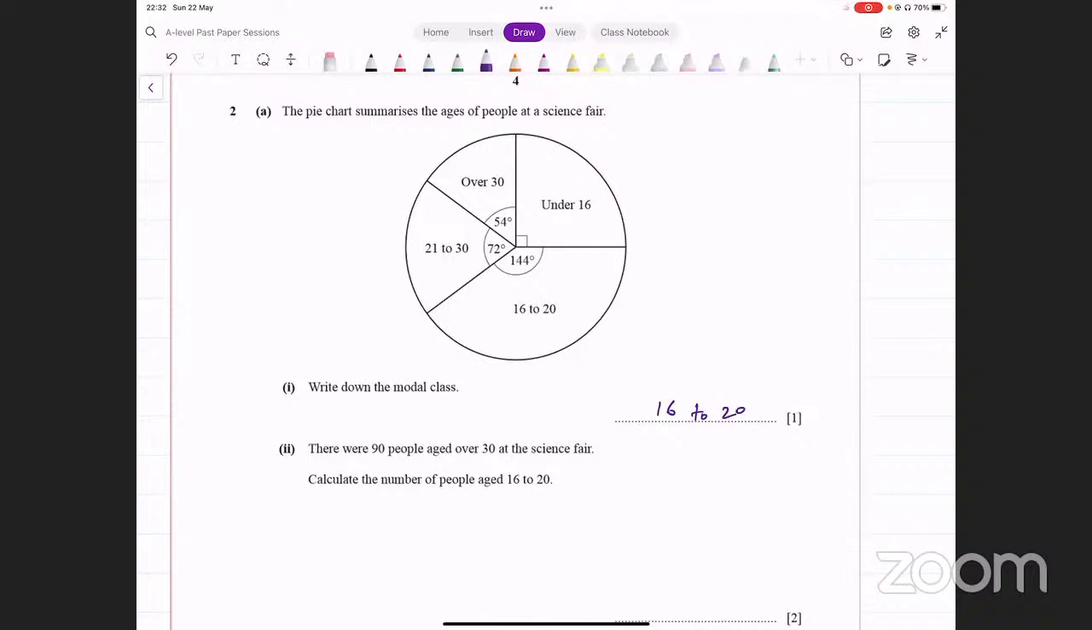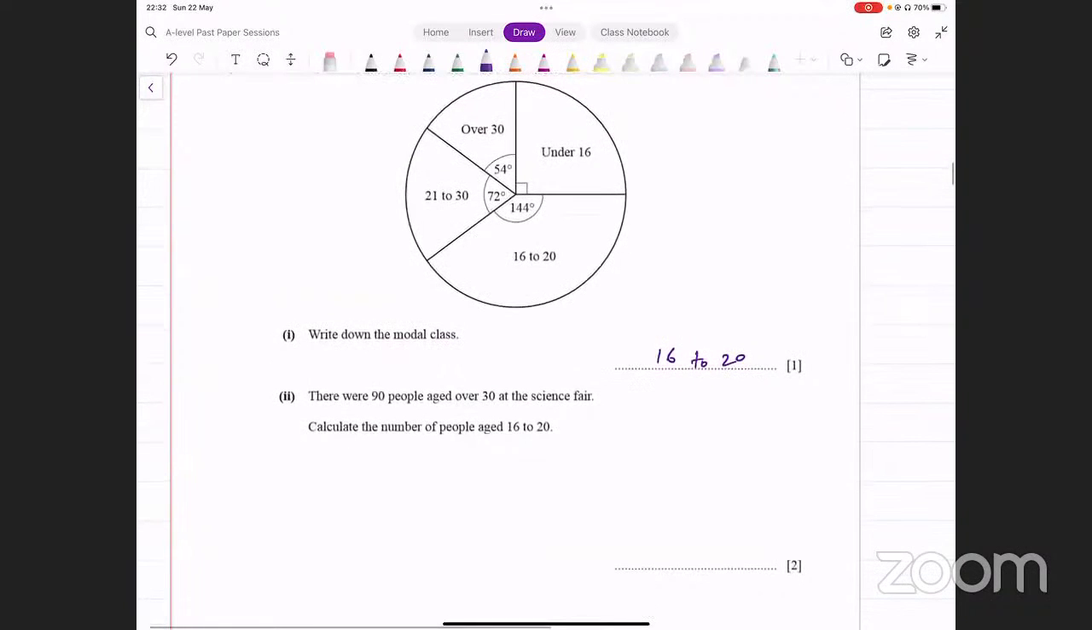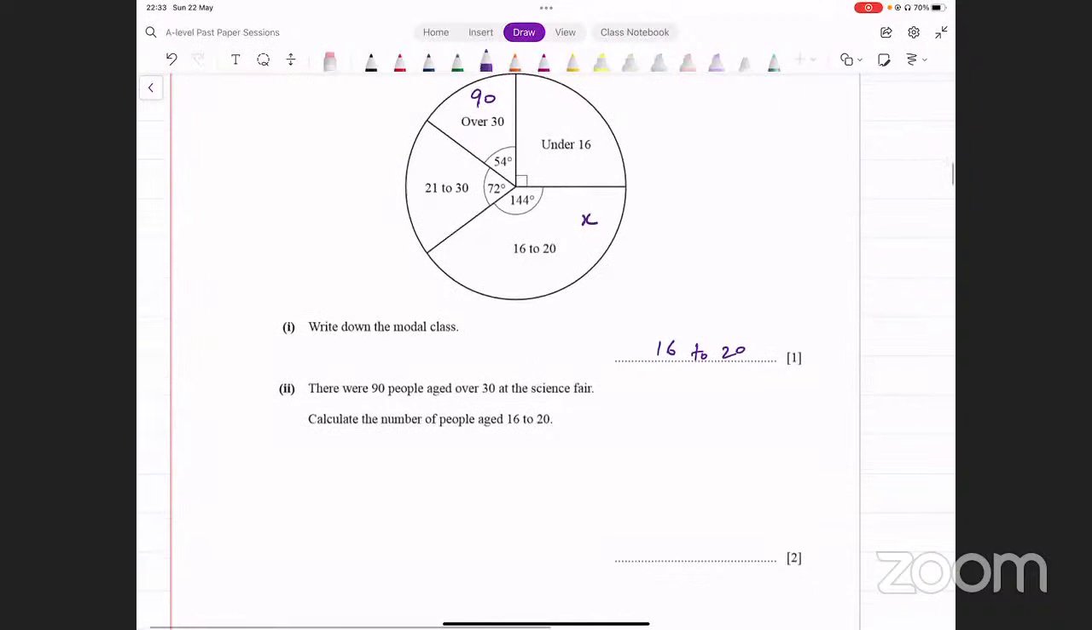अच्छा. Now it says there were 90 people aged over 30 at the science fair. Okay. तो इसका मतलब ये है जो over 30 वाला आपके पास पाई है और वो जो सेक्टर है उसमें टोटल नंबर कितना है? That number is basically 90. यहाँ पे नंबर 90। Calculate the number of people aged 16 to 20. तो ये 16 to 20 वाला जो नंबर है वो कितना है? ये आपको फिगर आउट करना है। Let's call that x. Now again we can use ratios. We can say 54 degrees जो है वो किसको कॉरेस्पॉन्ड कर रहा है? 54 degrees is corresponding to 90. Okay,